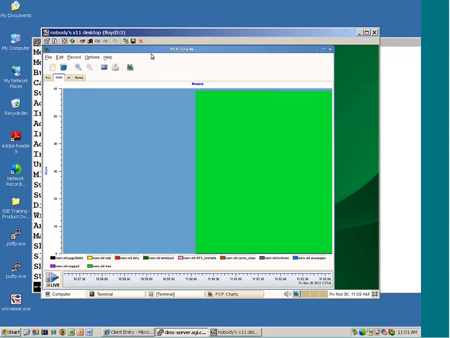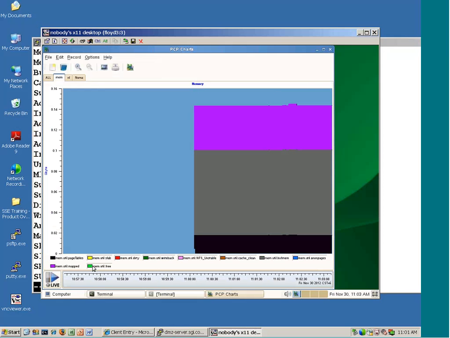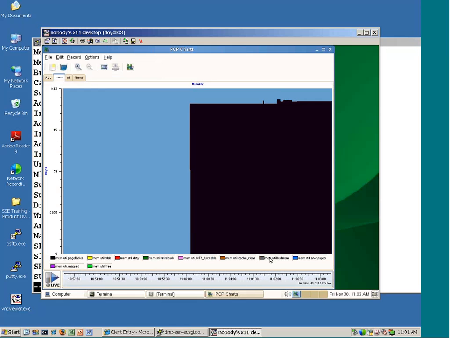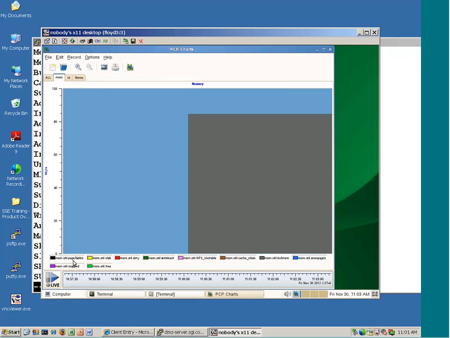Let me get rid of free. I'm just trying to figure out where my memory is going. Let me get rid of that. There's 80 meg of buff mem